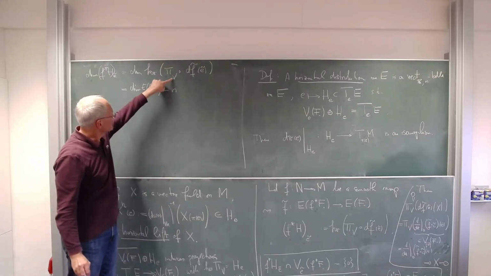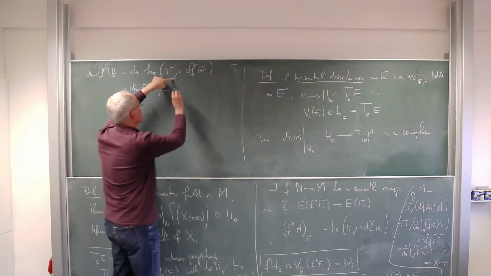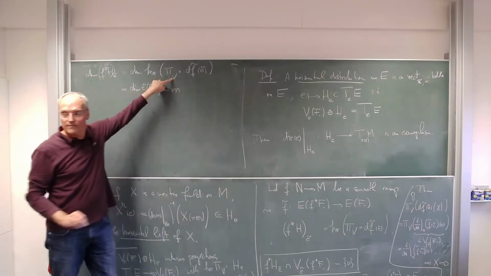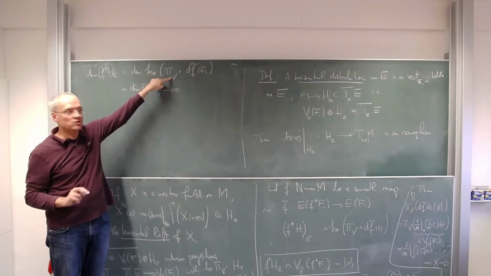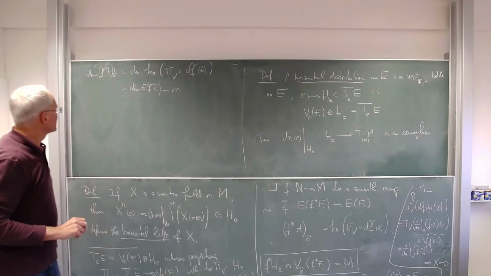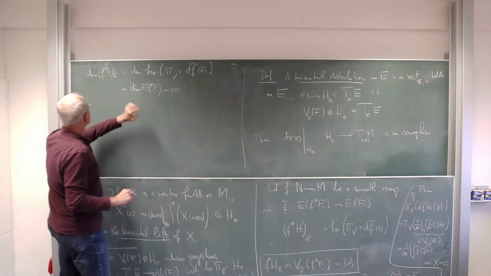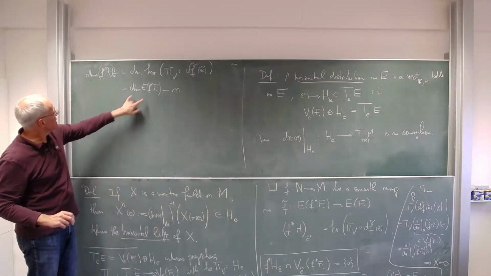Sorry, this is the projection onto the fiber, so it has the fiber dimension here, right? So it projects on the tangent space of the fiber, and the fiber is m-dimensional. Sorry. Okay, but this is good because this tells us exactly